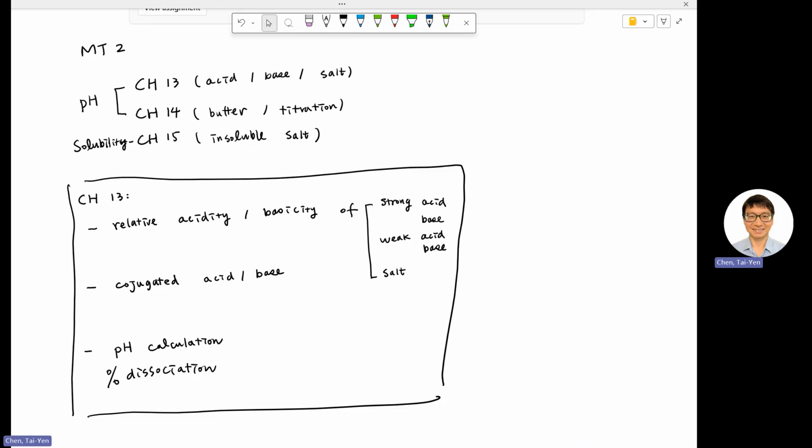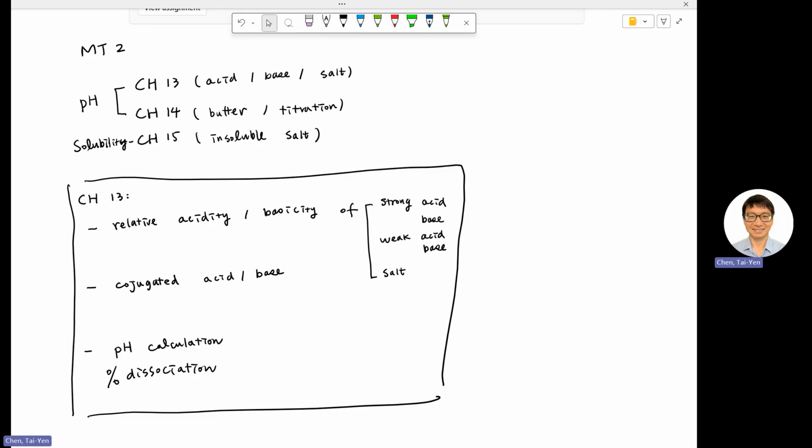And we're going to tell you how to actually do those titration calculations as well. The titration process will involve the transition of the solution properties from acid to buffer to base, or vice versa. So this is why the course is designed in this specific way. Once we finish chapters 13 and 14, which is the biggest part of midterm 2, then